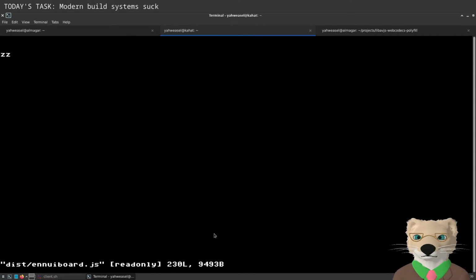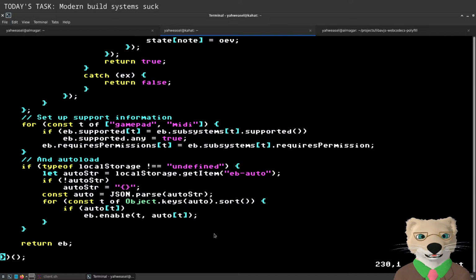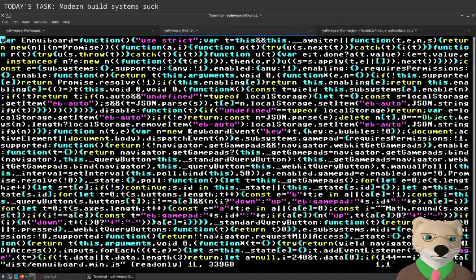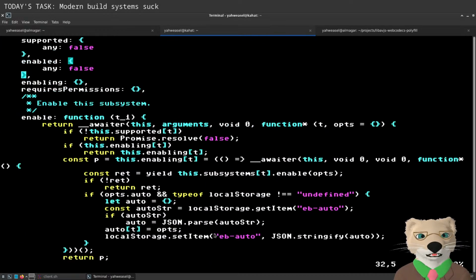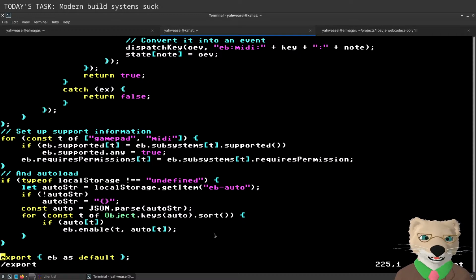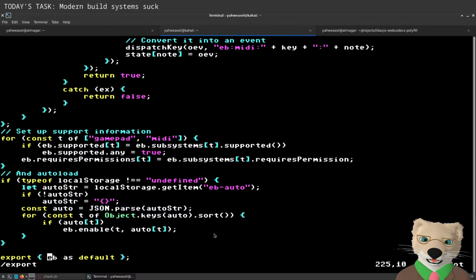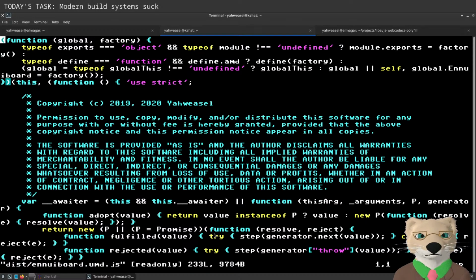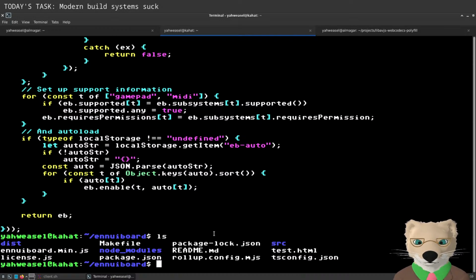Let's see if these all look plausible. So here is, yeah, this is an IIFE, so it's just one big function, as it should be. This is the minified IIFE. This is the module system, so it should still have an export in it. I genuinely don't understand these default exports, the syntax is so weird. And yes, this is the UMD version, so fine. Okay.